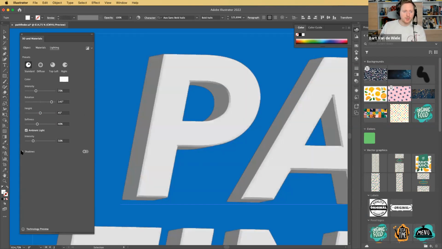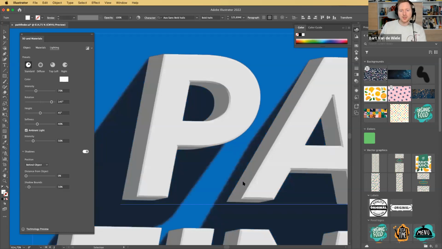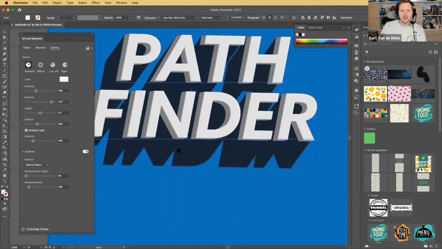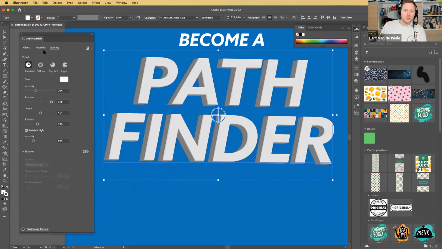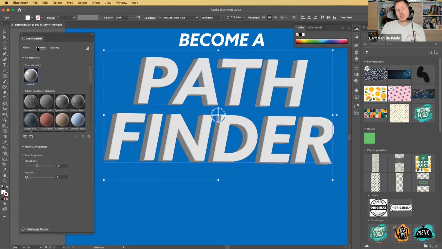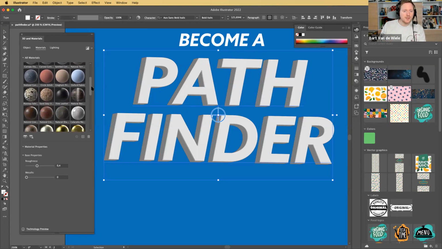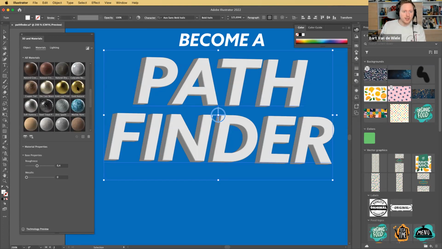And I can even play around with shadows and other types of effects here to have this really cool 3D look applied, in this case, to my live text. Now, also interesting here is that we've got the materials section. With the coming of the brand new Adobe Substance 3D suite, which is a separate suite for 3D materials, you can now even go ahead and apply all these 3D materials directly onto your vector object, which is just